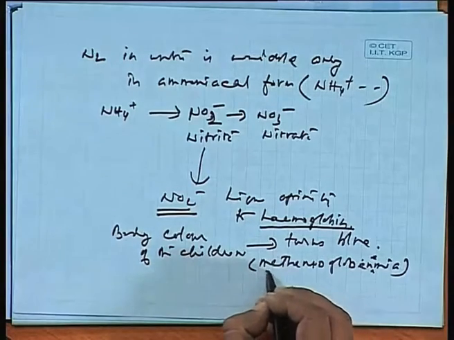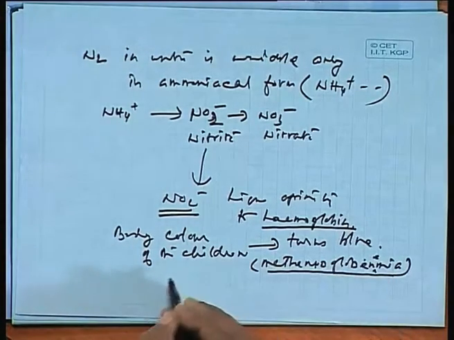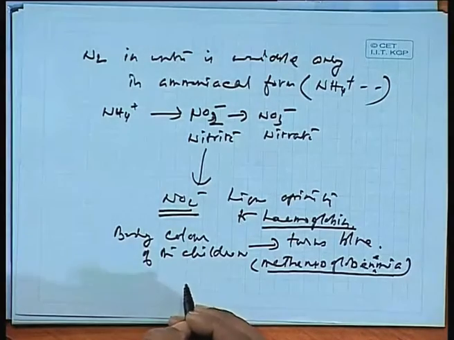This disease, as you can see, leads to a reduction of oxygen in the blood and can be fatal. Generally children below the age of 6 years are susceptible to this kind of disease. So it is very important, particularly for children below 6 years of age, that the water they drink contains very little concentration of nitrates, and to understand the sources of nitrates.